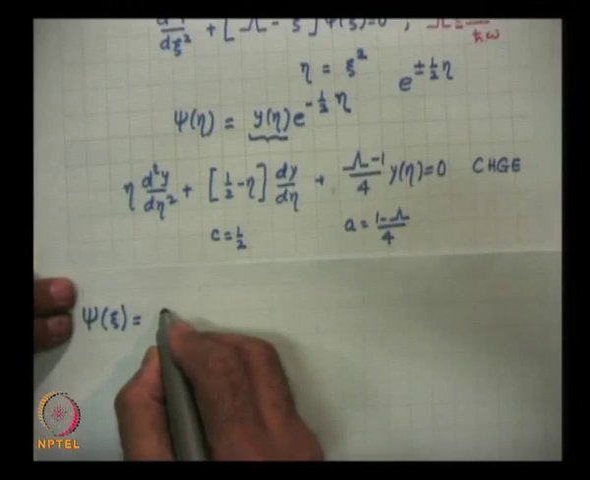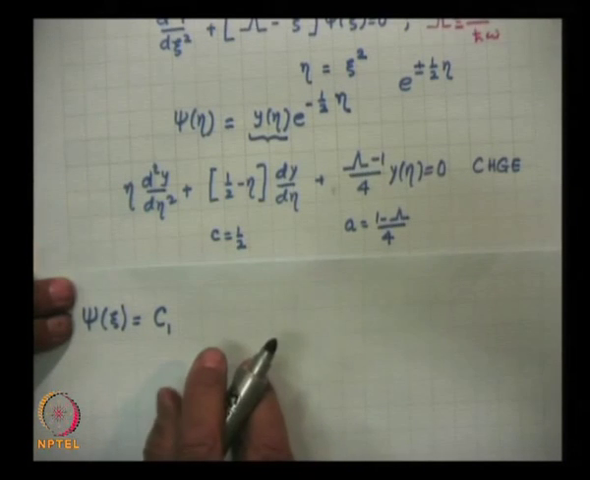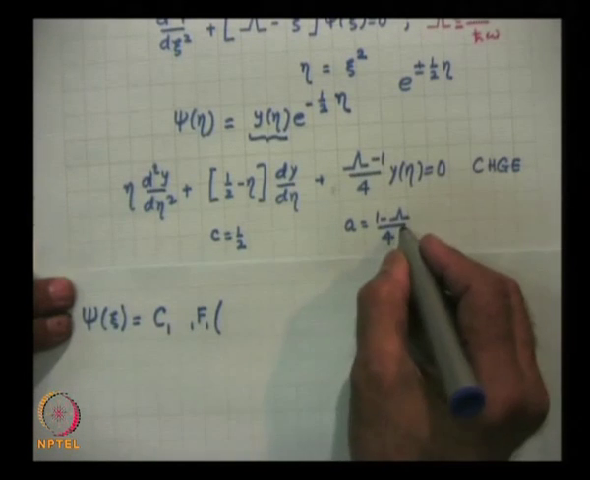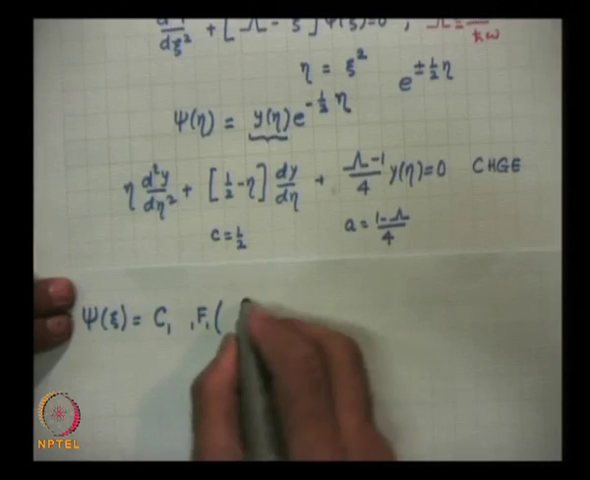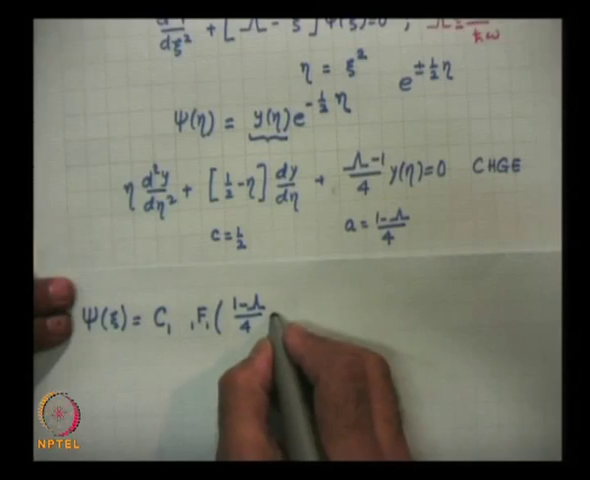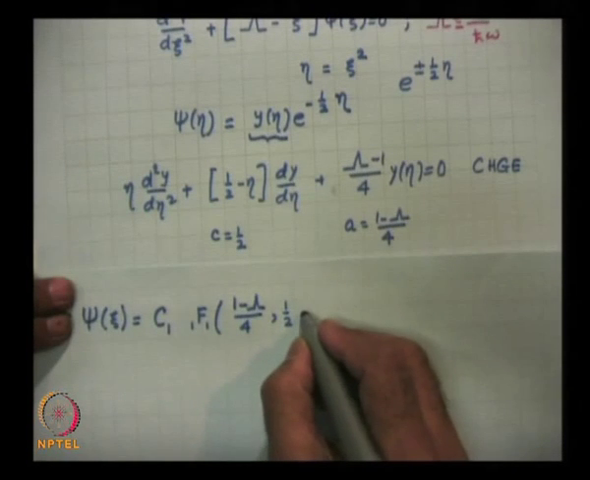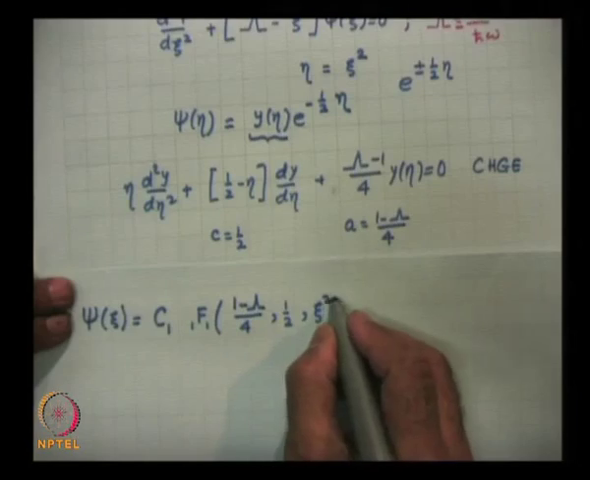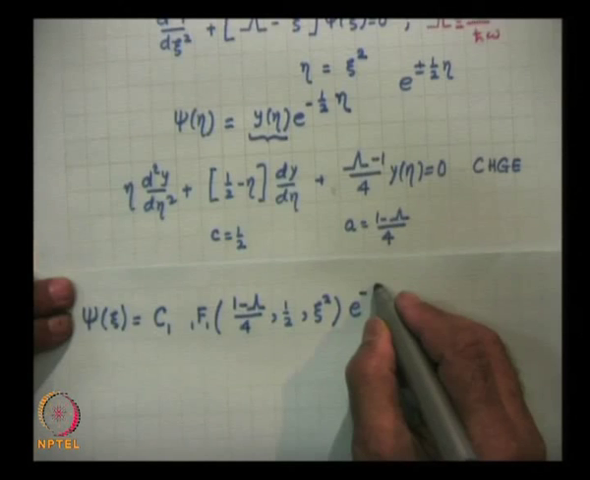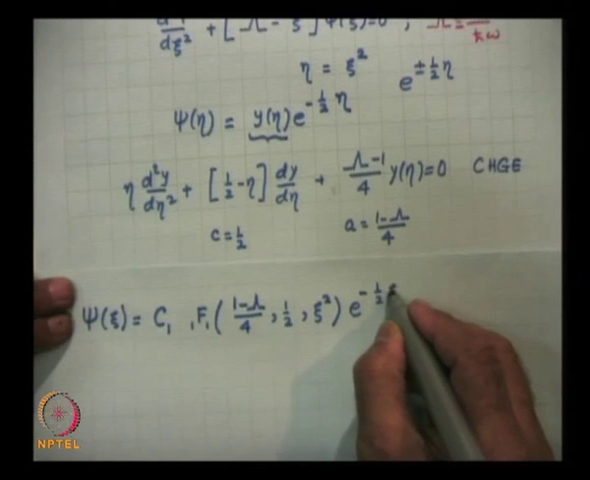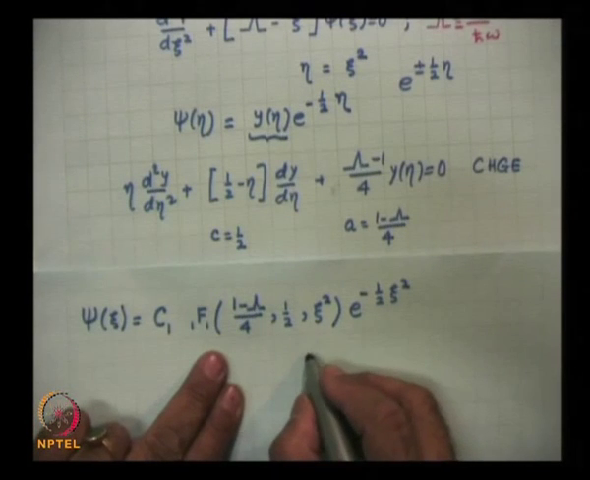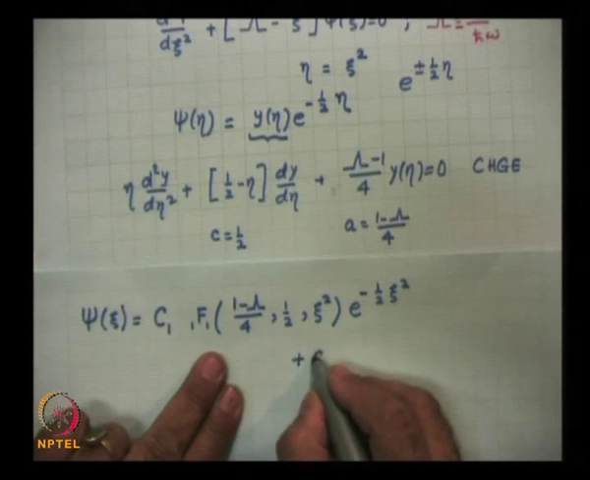So, the psi of xi, the two solutions are C1, this is one constant, F11 of a, that is 1 minus lambda by 4, c is half, times xi square, and then e to the power of minus half eta. So, e to the power of minus half xi square. This is the first solution, and both represent convergent series, plus C2